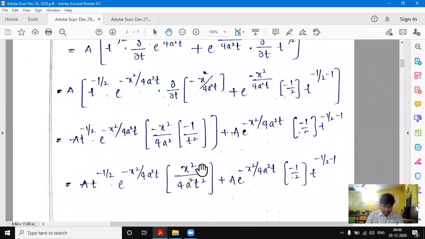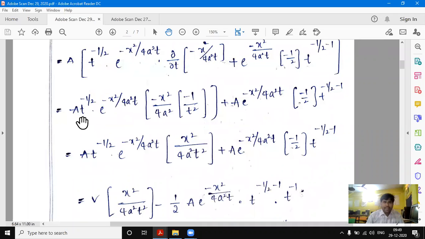So that is equal to a into t power minus 1 by 2 into e power of minus x square by 4a square t into, here minus x square by 4a square is constant. So the derivation of 1 by t is what? Minus 1 by t square. The derivation of 1 by t is minus 1 by t square, plus